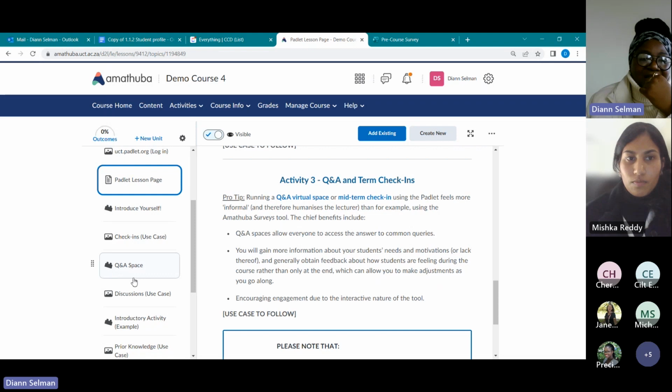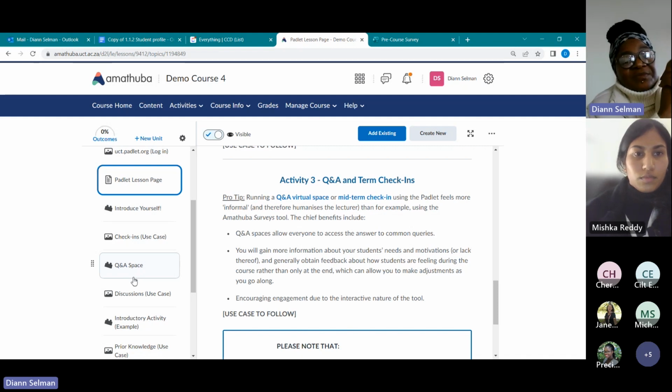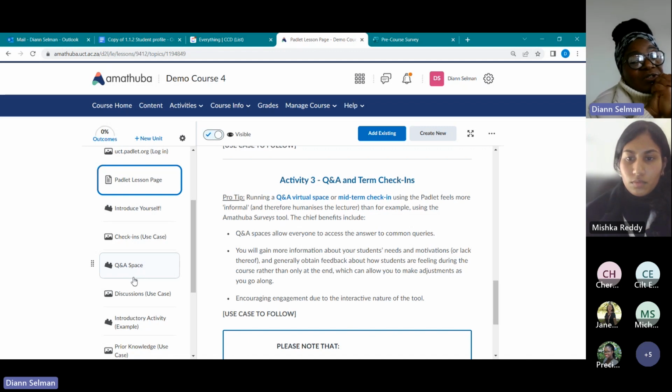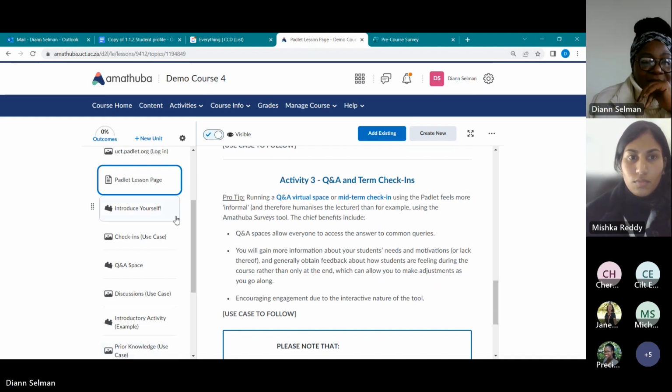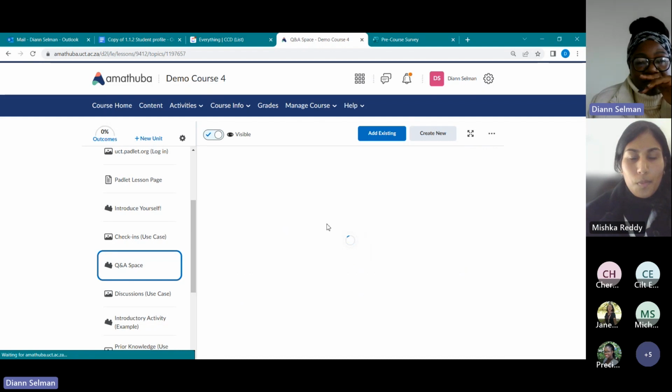So the other thing I mentioned was also using this as a question and answer space. If students are perhaps just afraid to ask within the class space, they could ask whatever questions they need to ask within a Padlet and have the lecturer respond at any given time. So I've created a basic one, but